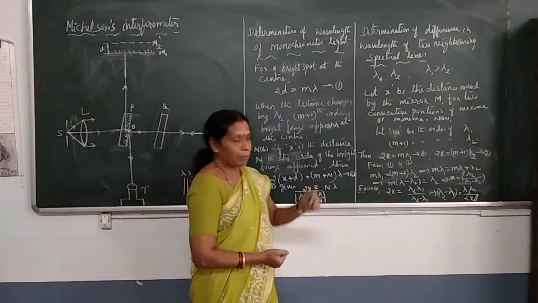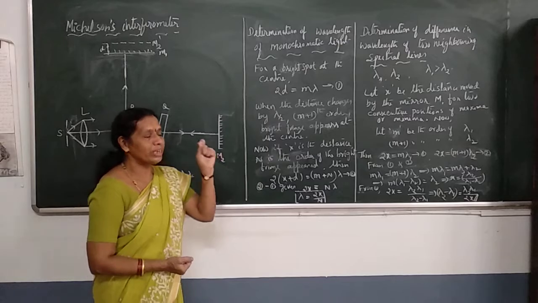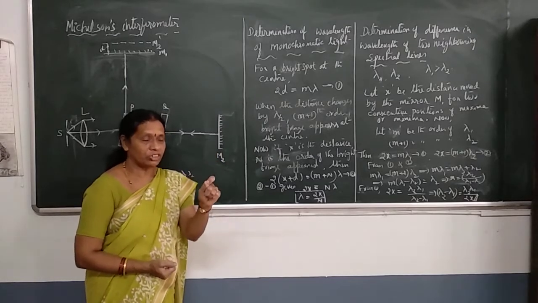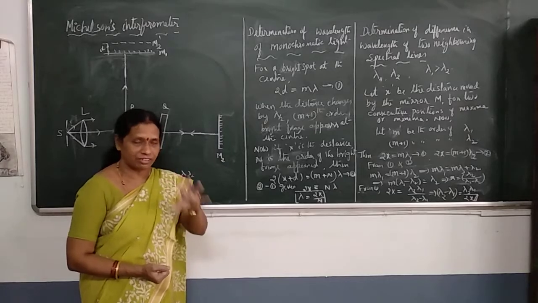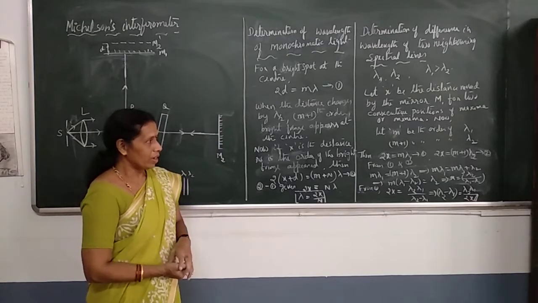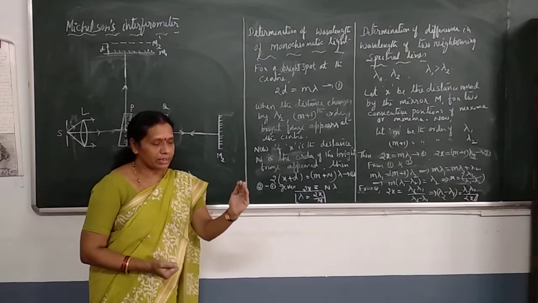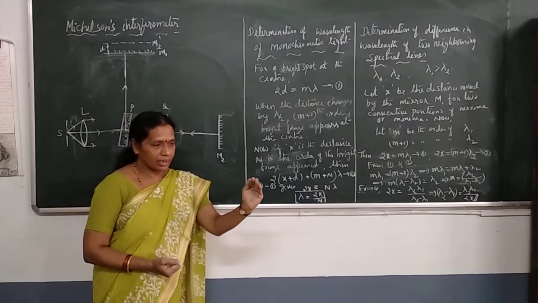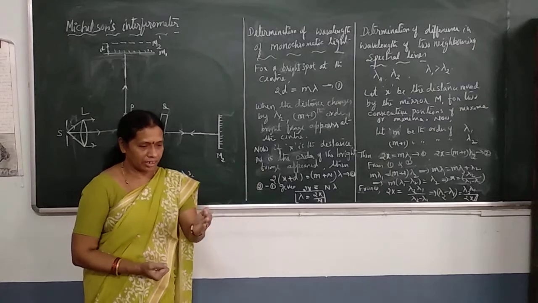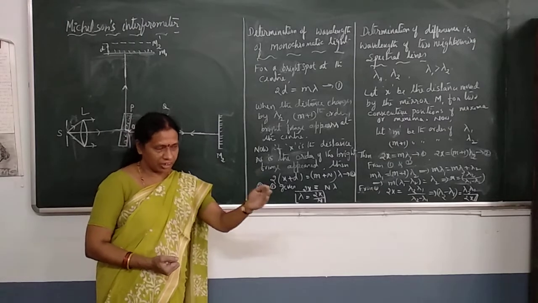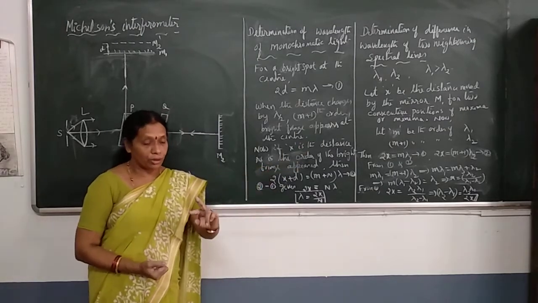Here, suppose the mirror m1 is moved to a distance x, for which there will be complete distinctness. The fringe pattern is clearly seen. Further, let us move m1 again till one more distinctness is observed. Distinctness, indistinctness, distinctness, it occurs alternately.